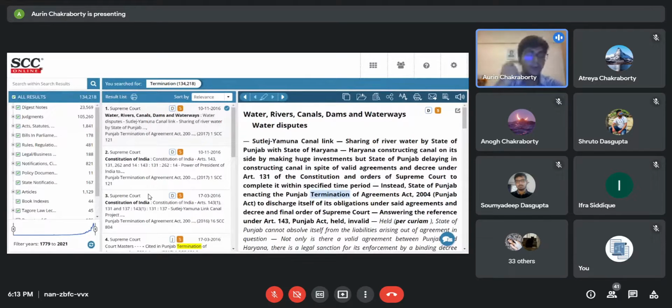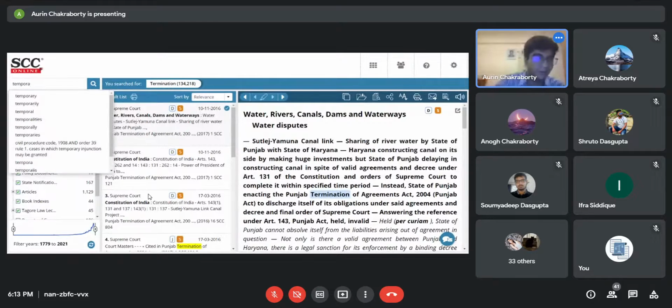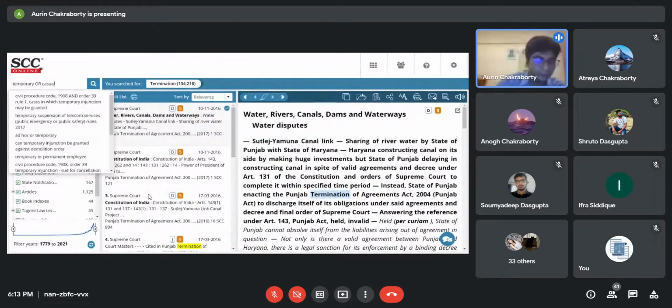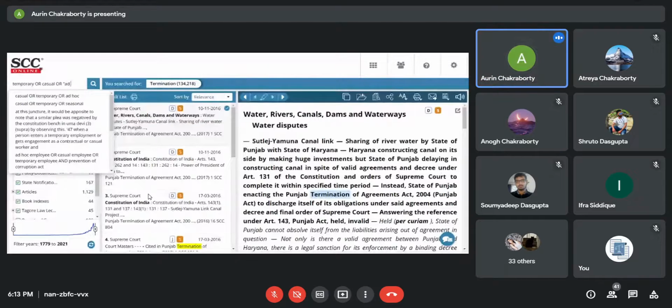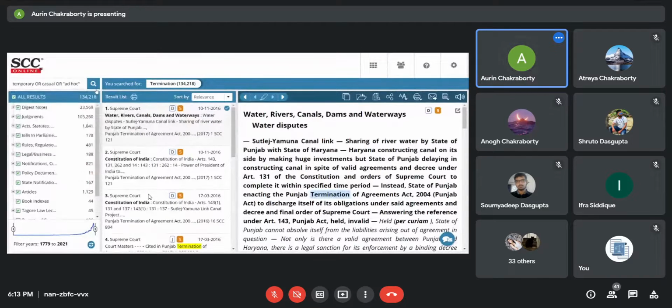Our job is to narrow down that search again. So what we can do over here is use keywords like temporary, or casual, or ad hoc, and fire the search.